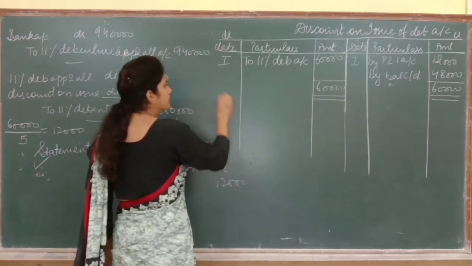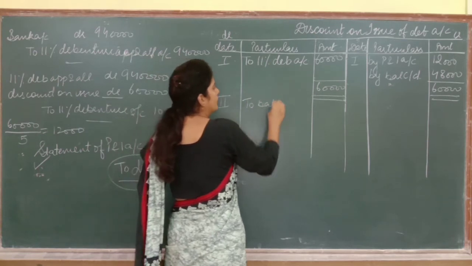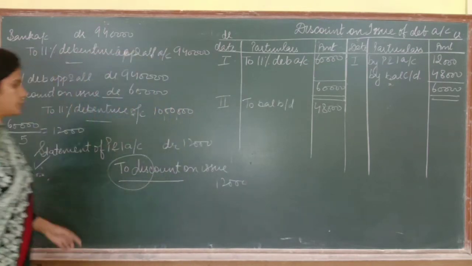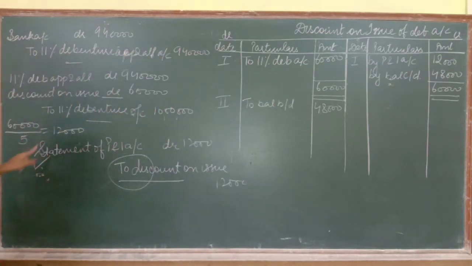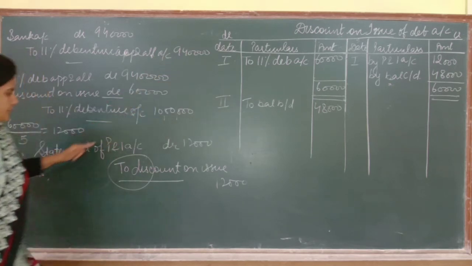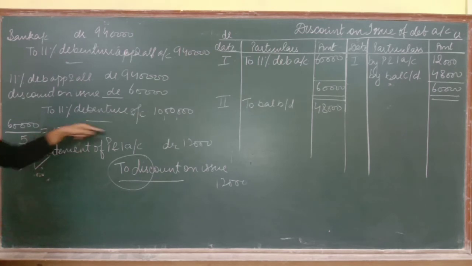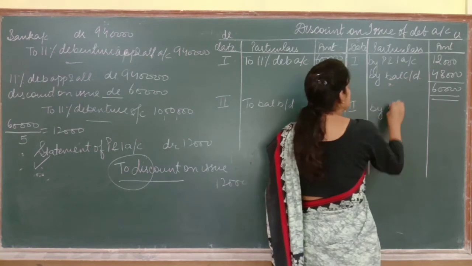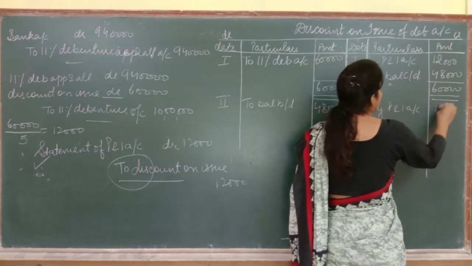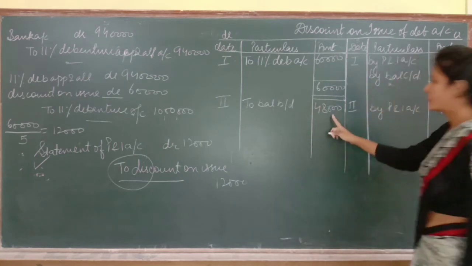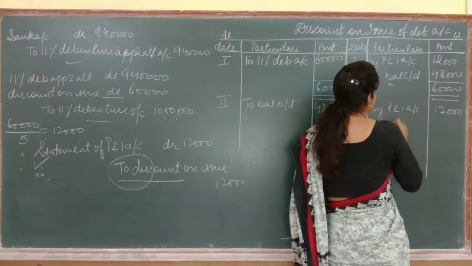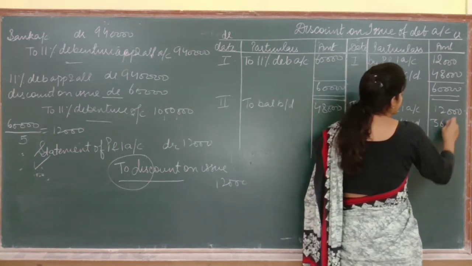Now second year. So we will do it as to balance brought down. Now how much discount is left? 12,000 is not left; 48,000 is. As I told you, we can write off this discount in 5 years. It means the same entry we have to pass for the next 5 years. First year we have done. So second year also the entry will remain the same: statement of P&L to discount on issue. So do it here by statement of profit and loss account. 12,000 only I have to write off. Now out of 48,000, 12,000 I have written off. So how much is left? 36,000. By balance carried down, 36,000.